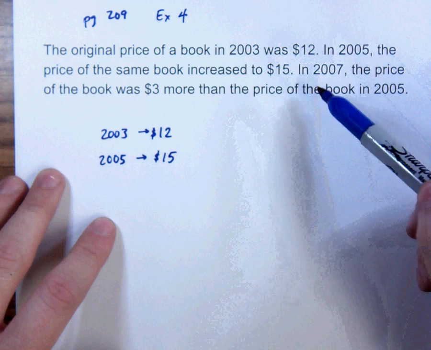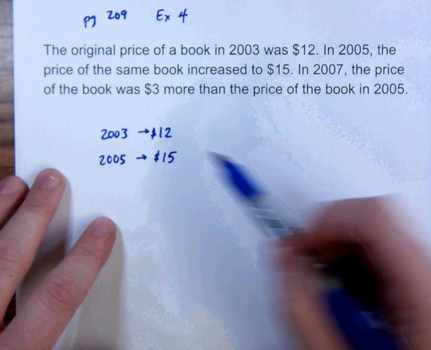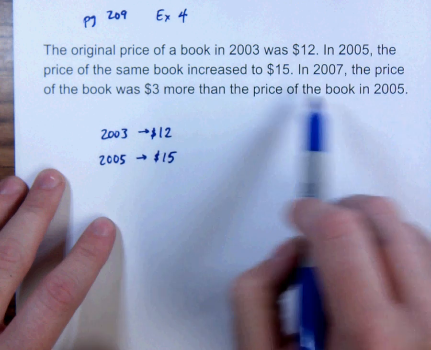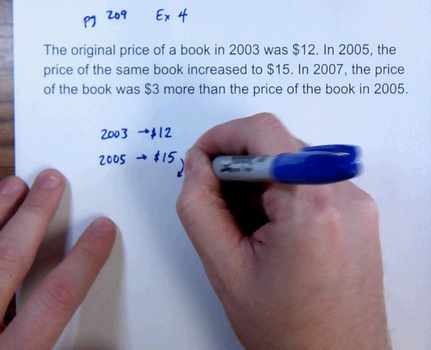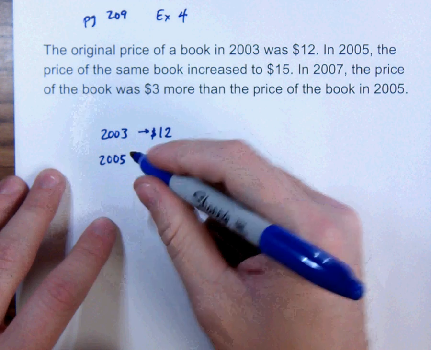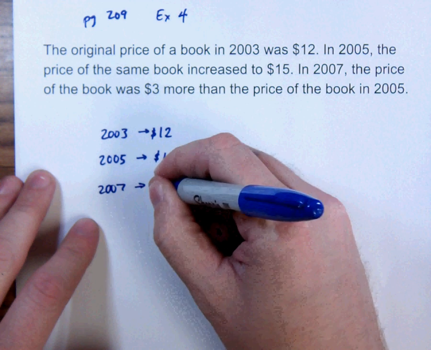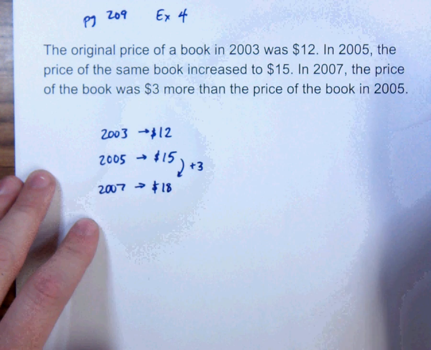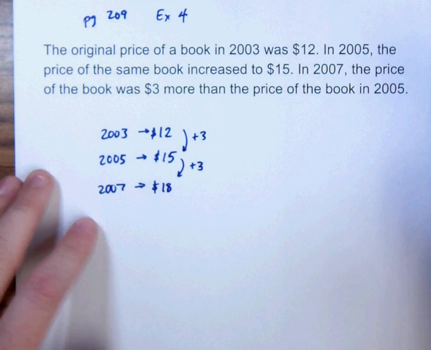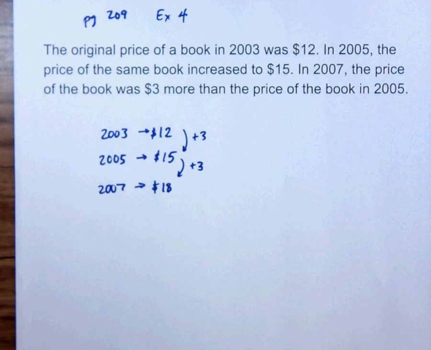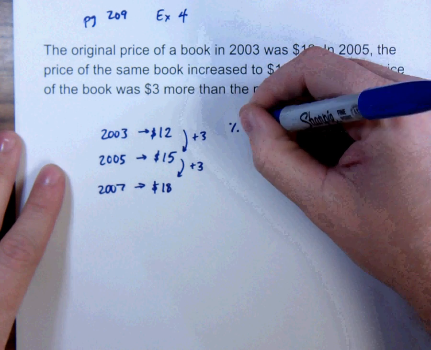And we want to make this sound technical, but it's actually very simple. In 2007, the price of the book was $3 more than the price of the book in 2005. So it went up $3 from 2005, and in 2007, the book is now $18. And something to notice is that it goes up $3 each time. The question we want to know is how much percent change